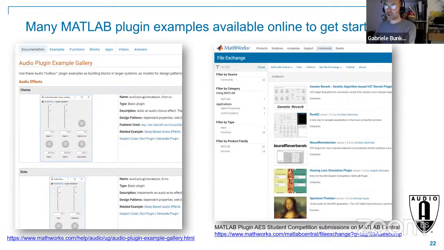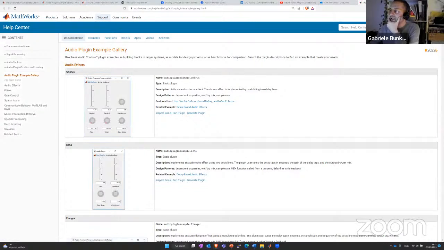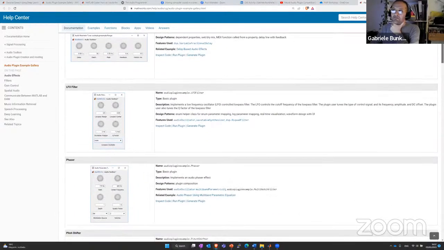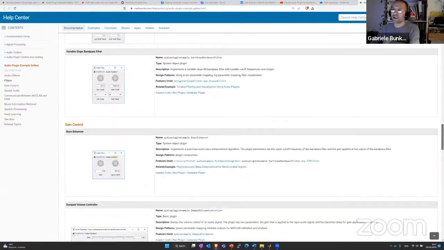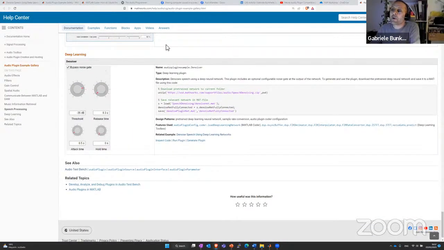But what I wanted to show you here was this page, because this will help us go a bit into MATLAB and take a look at this. So you can see this page. It's useful because it gives you an example of how to customize the interface using the API that we use, and with very simple effects that many people know. And so once you know the effect, you look at the code and it makes sense and it helps you learn. At the bottom of this, there's only one example on deep learning,